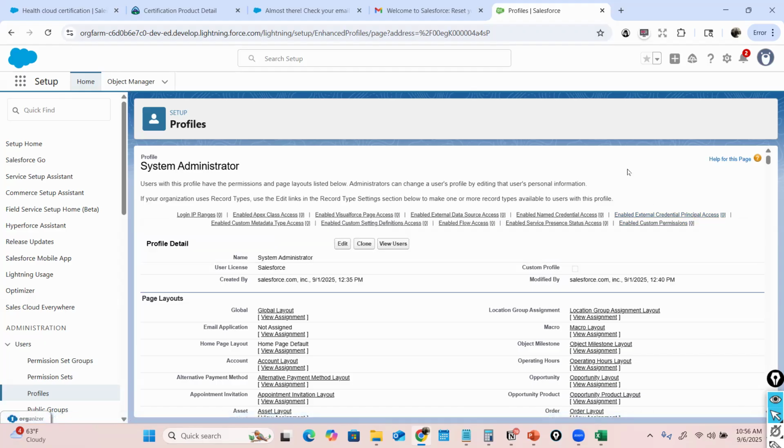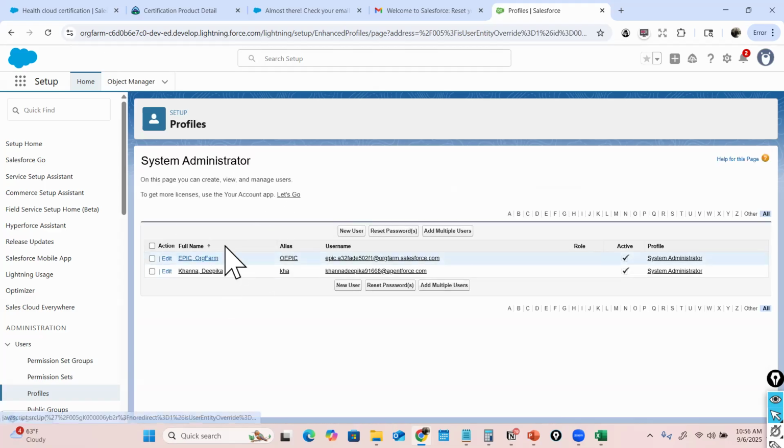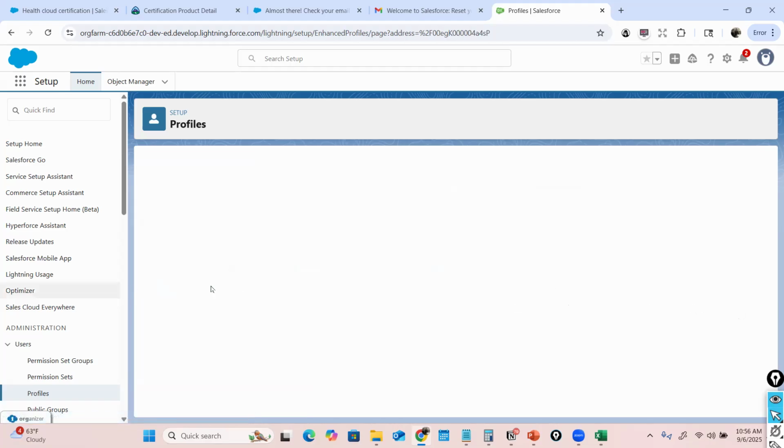Okay, so here, this is the profile. You can see here, this is the profile. The name of the profile is Salesforce, and every profile has to be tied to a license. And then what users have the same profile right now, this is the default user that got created, and this is myself, my user account that got created. So I do have the system admin profile. Now, if I go to system admin profile,